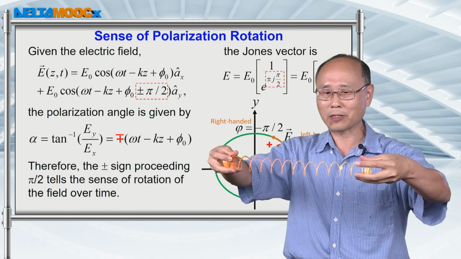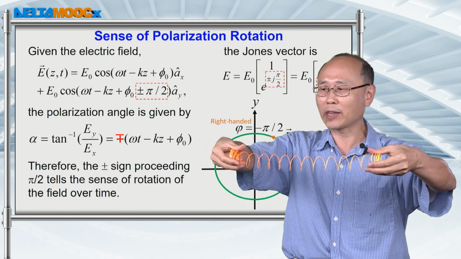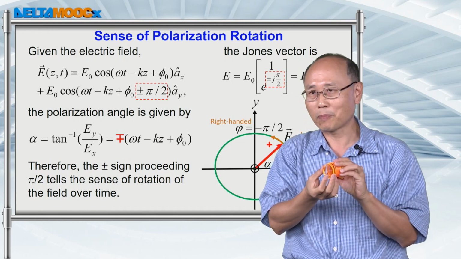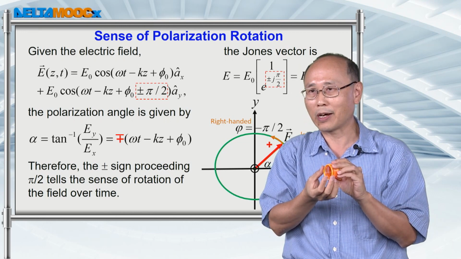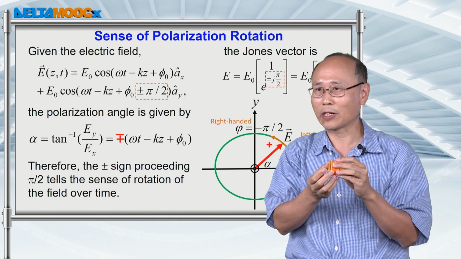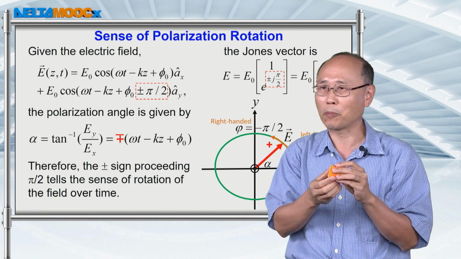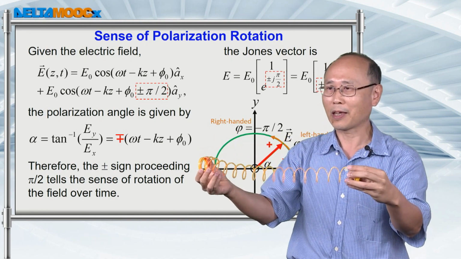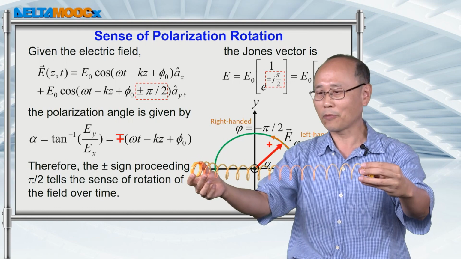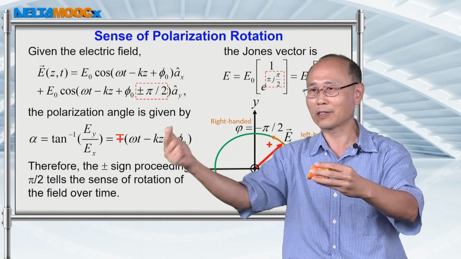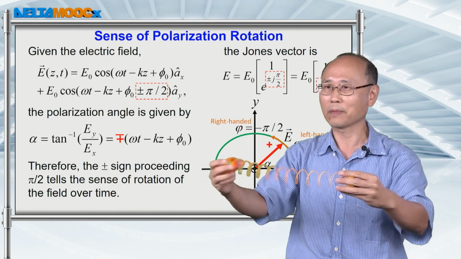And if you squeeze this magic spring in one direction, then the shape of this magic spring is going to be an ellipse. So you can also construct the concept of elliptical polarization by using this kind of structure. And again, there's a sense of rotation corresponding to how you wind this magic spring.